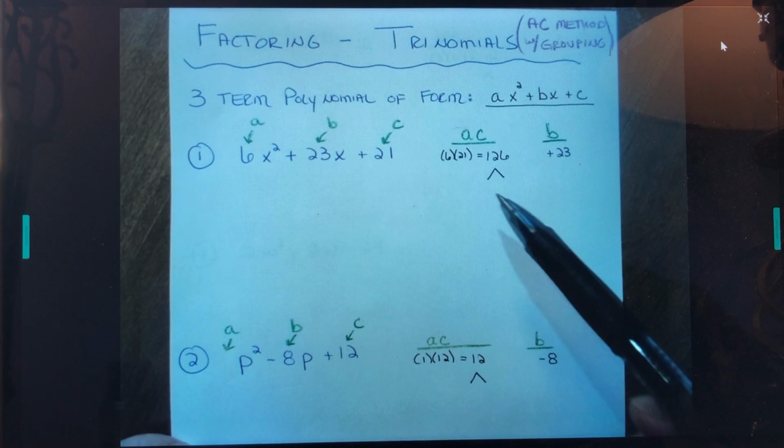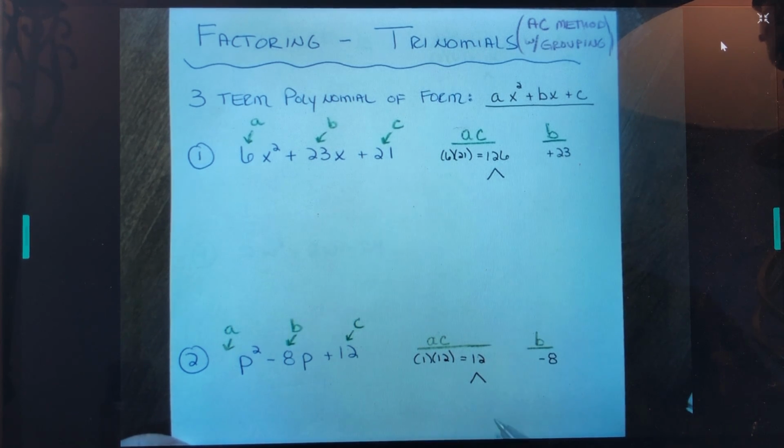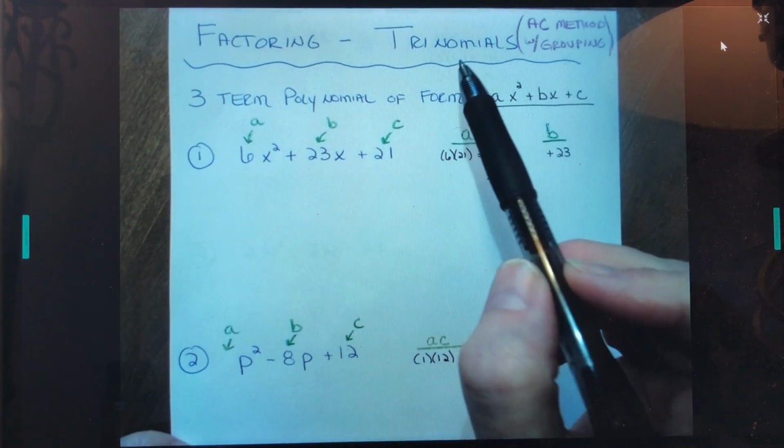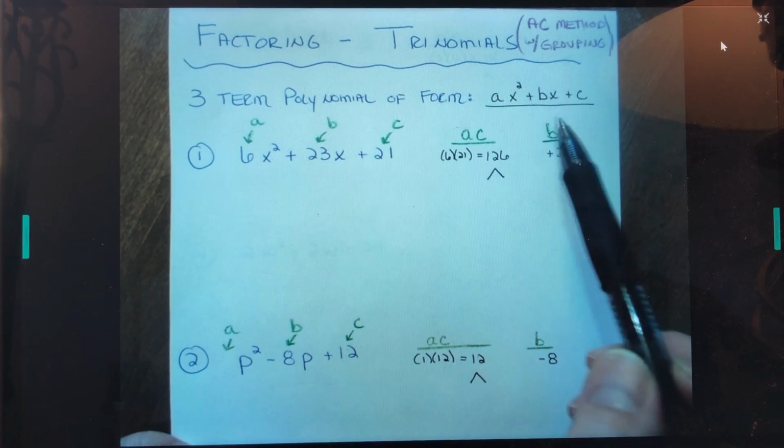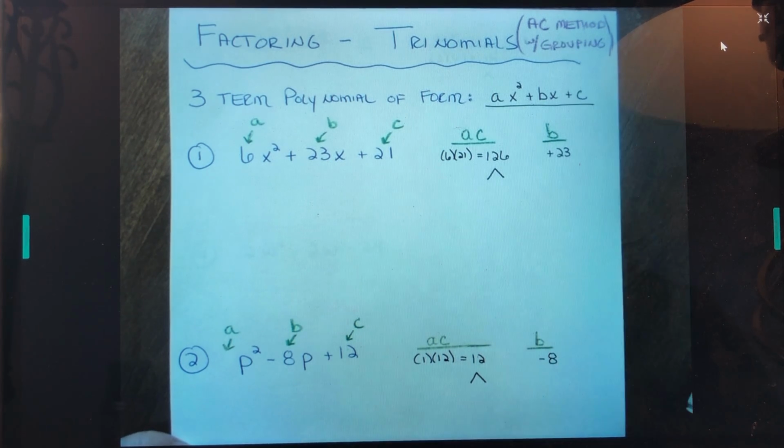Once we go through these couple of samples, if you feel like you're still not quite getting it, then I'd encourage you to practice some more, and I'll point you to a resource online with some additional practice problems. Again, we're going to do trinomials of the type ax squared plus bx plus c, and we are going to use the AC method with grouping. If you are an experienced factorer, you may do something called trial and error,